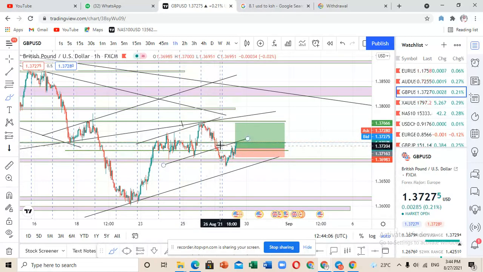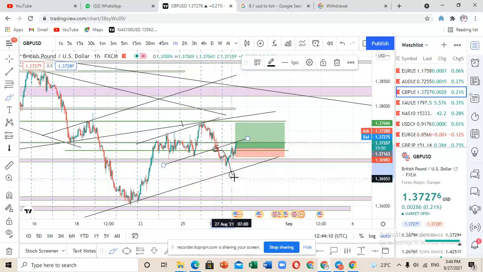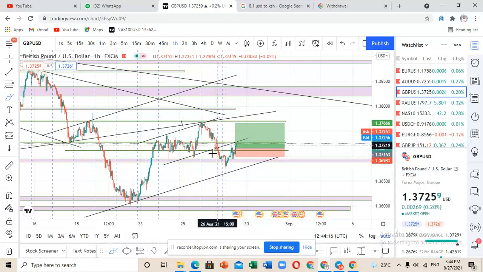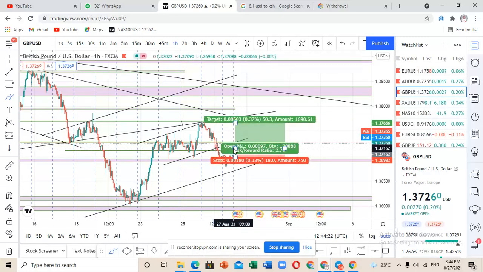And then you can clearly see that here we had a breakout to the downside. I was expecting that the market would come down to touch this trend line, but you can see that this was a very strong point of support here. So the market, after making this breakout, came to this point of support, and you can see that currently the market is in an upward trend.